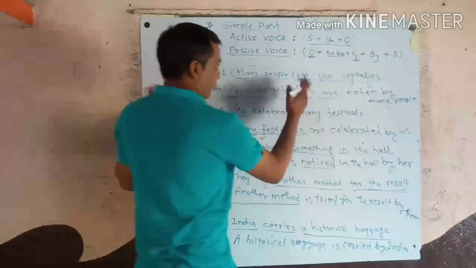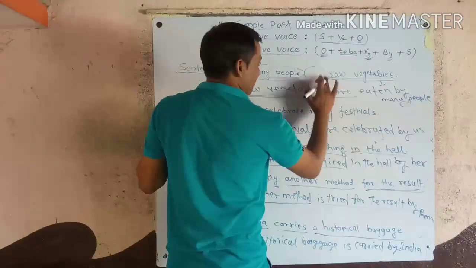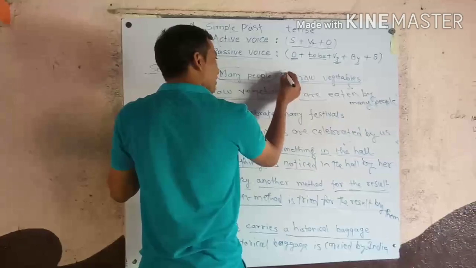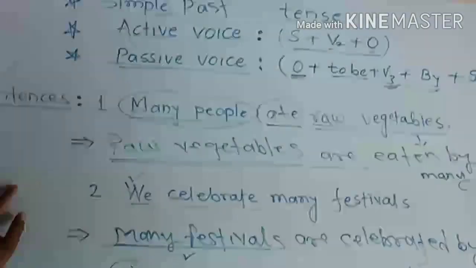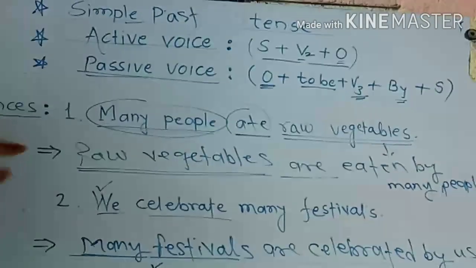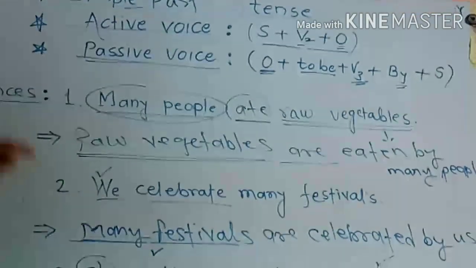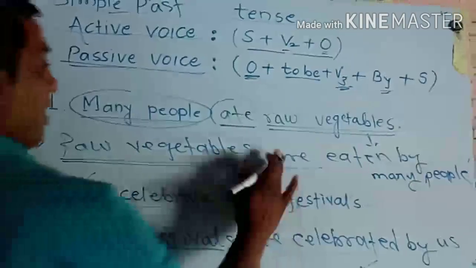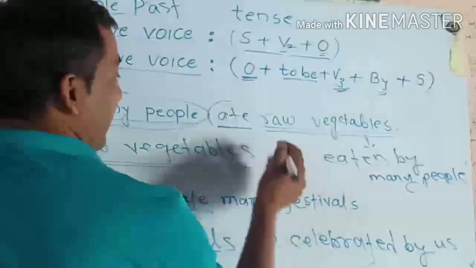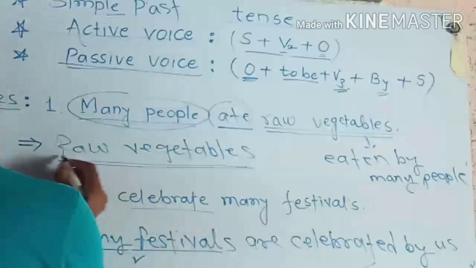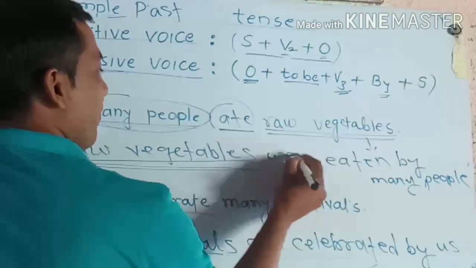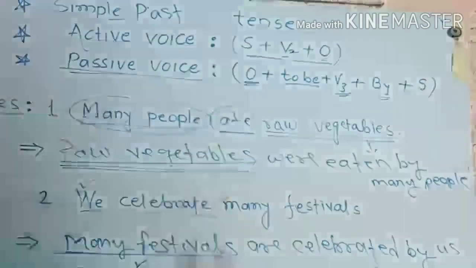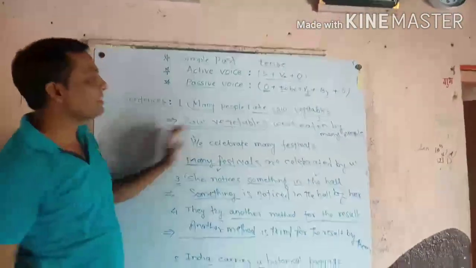So, for example, I am going to erase this verb eat and write another verb, that is ate. Ate is the second form of eat. So what changes will take place here in the passive voice? Only in place of are, we will take here was or were. As per the new subject, as it is in plural form, we should take here were. Yes. That means you can solve such types of sentences by your own mind.